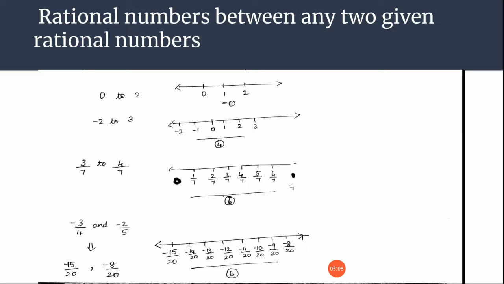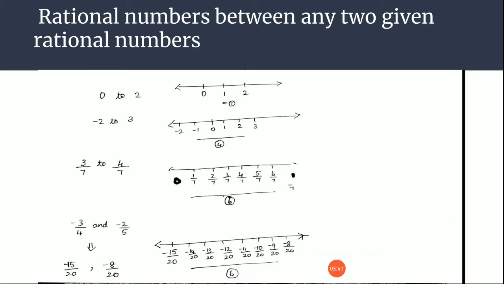Two fractions are given with different denominators and they are asking you to find the rational numbers between them. For that, what can we do? We have to find the LCM, make the denominators same and then only proceed with finding the numbers. And also tell me, we are converting this minus 3 by 4 into minus 15 by 20 and minus 2 by 5 into minus 8 by 20 and you are writing from minus 15 to minus 8, what are all the numbers present, that is the rational numbers between these two we are telling.